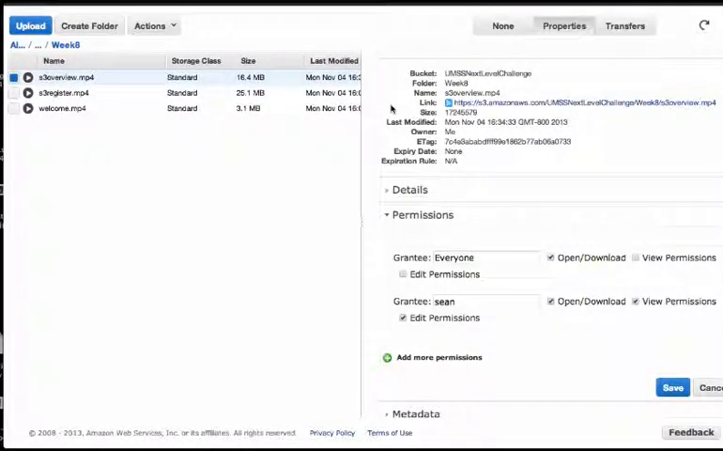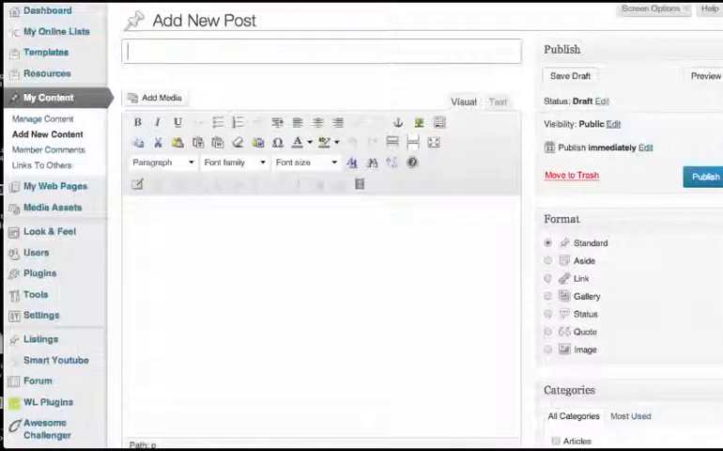For today's task, we're going to show you how to take the S3 item, the URL for the S3 item you just uploaded, and add it into your site. So I'm going to go in, and all I'm doing is I'm inside my membership site dashboard. I went to My Content, Add New Content, and